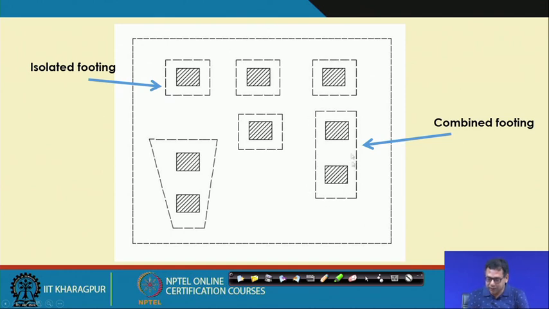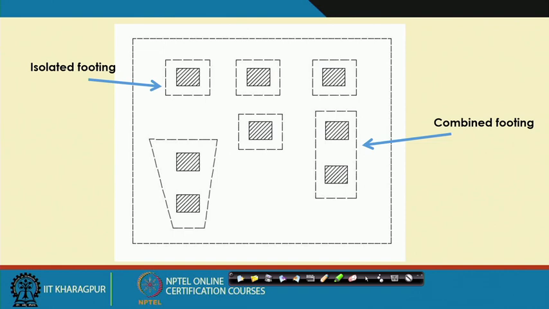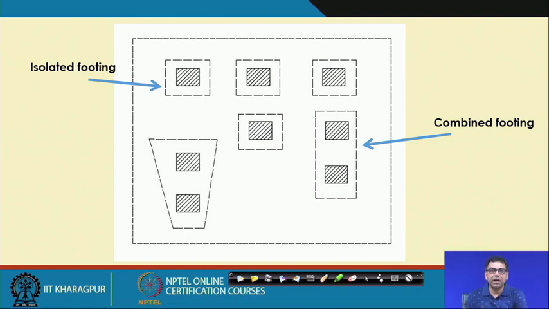Suppose we have a combined footing of this type where there are two columns, and we can use it as a combined footing, and design it such that the load is acting at the center or the centroid of that footing. Then you take the summation of all the loads acting on the center, and design it as a rectangular foundation, or if it is too steep or narrow, then you can choose a strip footing also.